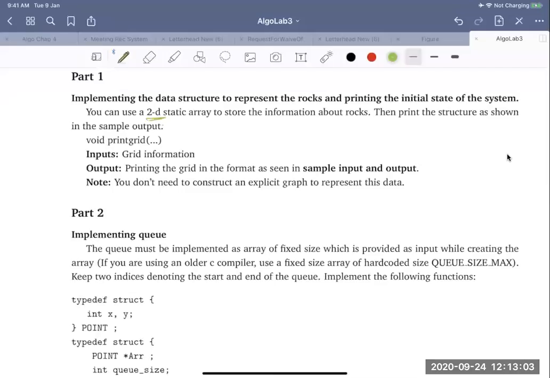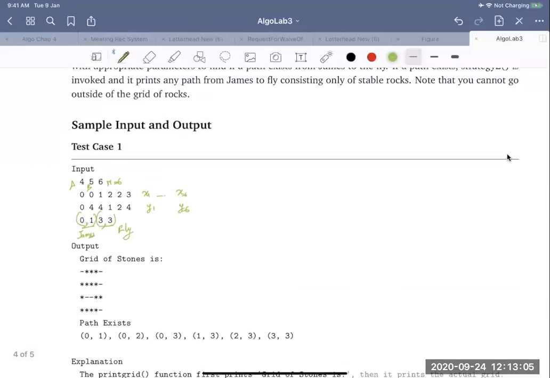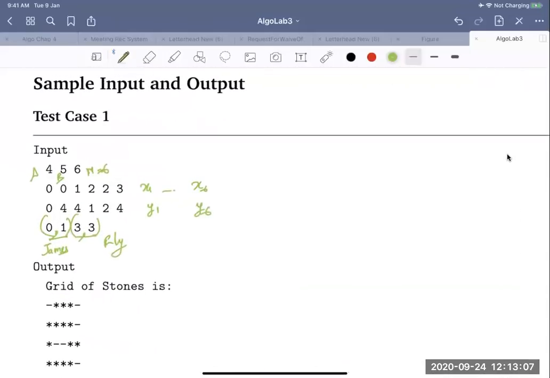So in this case, how do you have to print it? You see this is a 4 cross 5 grid, and you are given the coordinates for the unstable rocks. So 0, 0 is unstable. Similarly, 0, 4 is unstable.